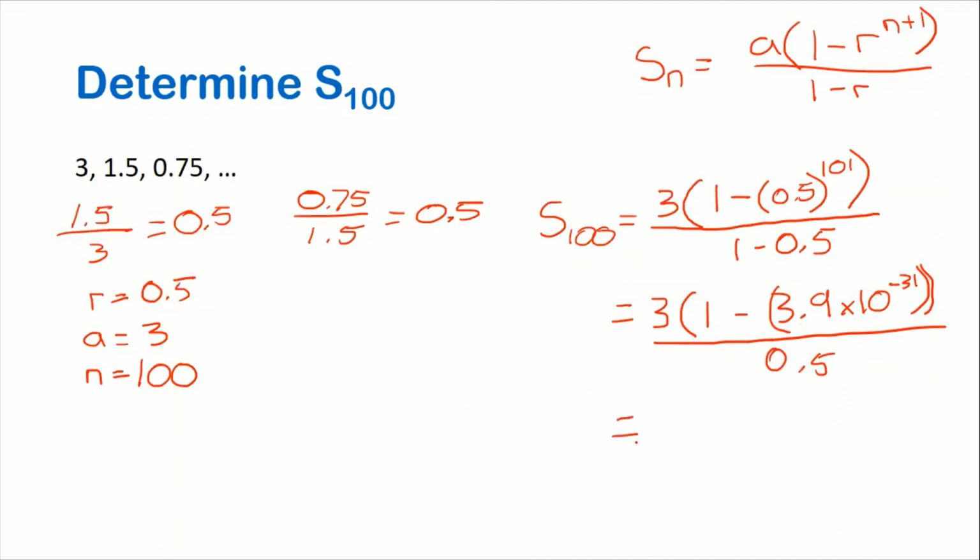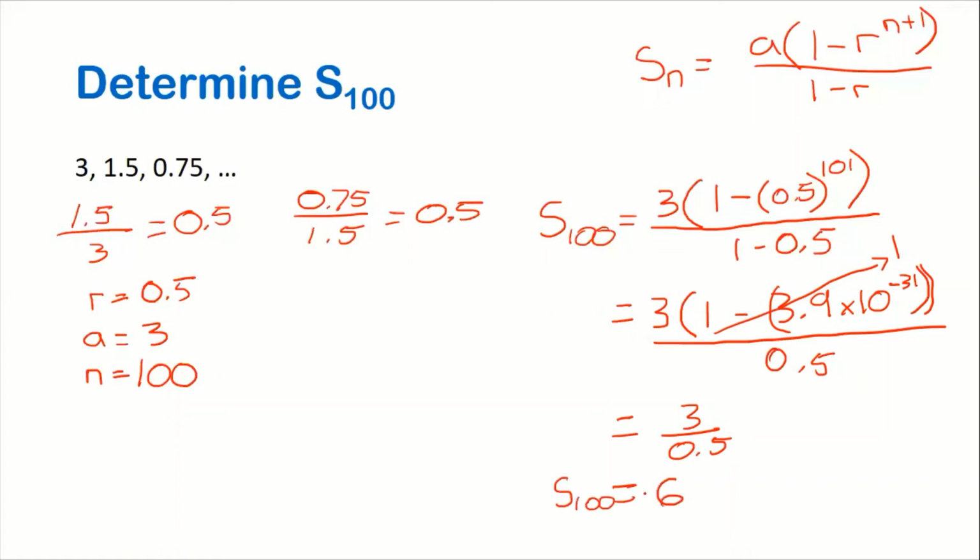We continue to compute on our calculators. 1 minus a number this small, we could say is 1. We could say that this approaches 1. So 3 times 1 is 3, divided by 0.5 is going to give us S sub 100